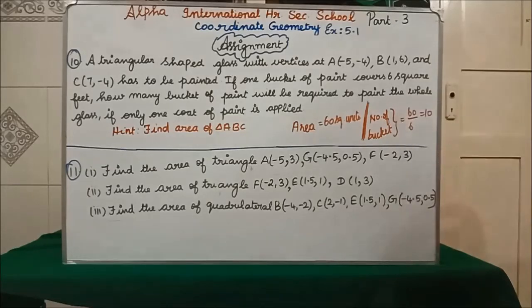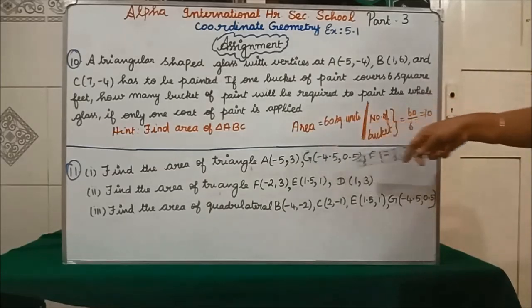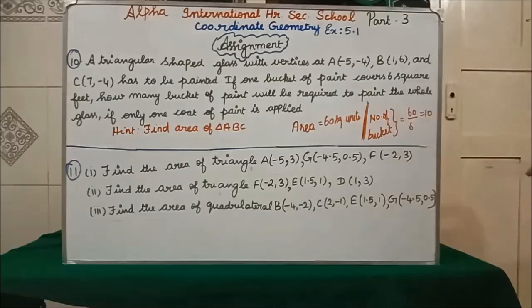Now we'll see the 11th question. In the 11th question, they have straightly given what to find. Find the area of the triangle with the given vertices. First, plot the values in the graph. Students, if you take off the page of your classwork, there is no need to take off the page. Less than that, you take a page and fairly neatly draw the graph.